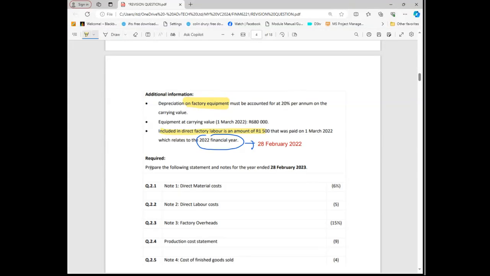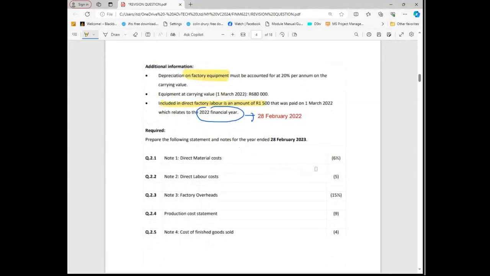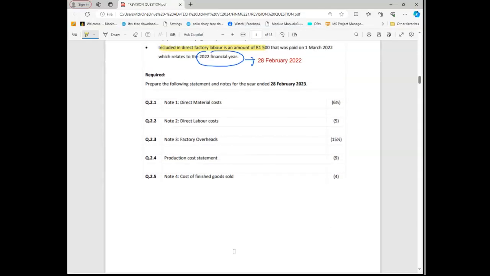So they're asking us for the following notes: direct material, direct labor, factory overheads, production cost statement, cost of finished goods. Okay. Now, I'm going to ask you some